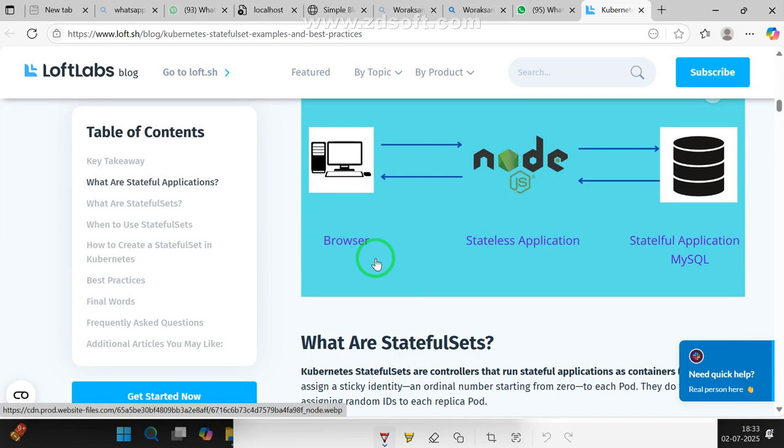Through the browser we are going to interact with the Node.js application, that is the front end. The user means the browser. This is the client application, and the client application is going to interact with